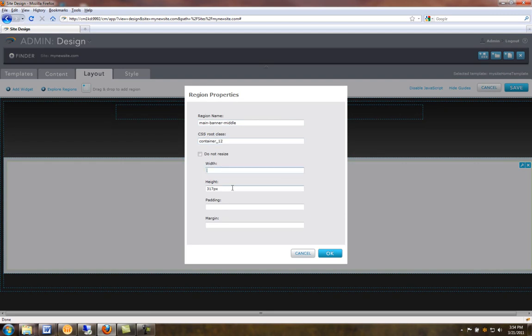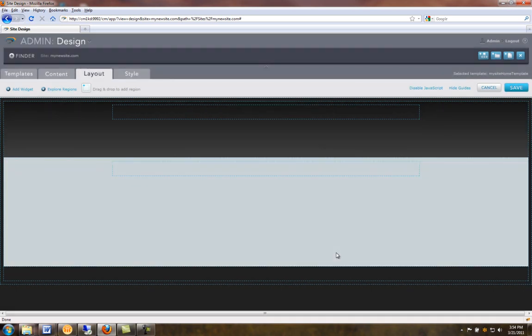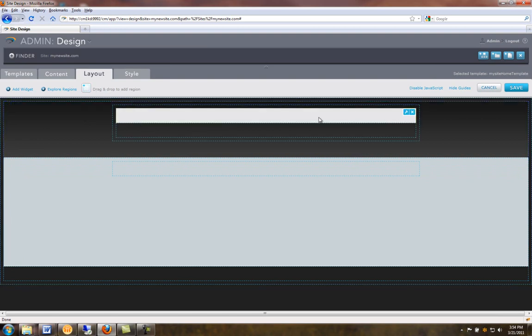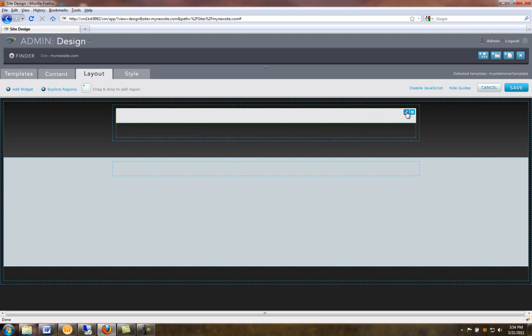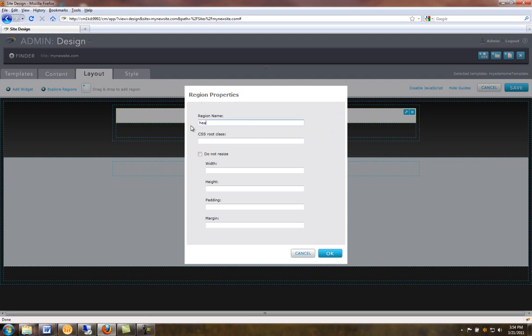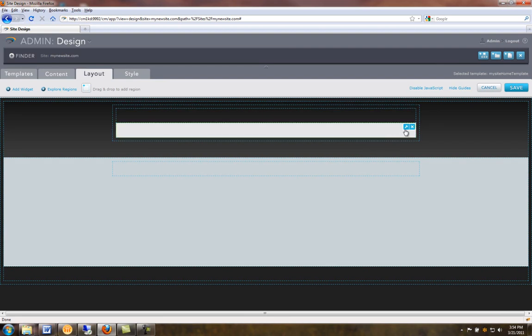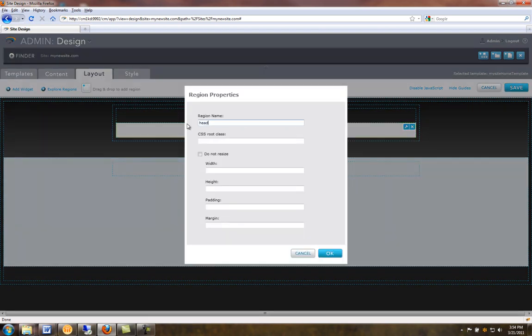From here, I now can create some of the internal divs. In this case, I divide my header into two pieces, so I can put different widgets on the top and different widgets on the bottom. I will also go ahead and name this appropriately to match with my CSS. Naming your regions is very important when it comes to making changes in your CSS file, so they will directly pick up in CM1. In this case, I named those two internal regions and actually go and divide the first